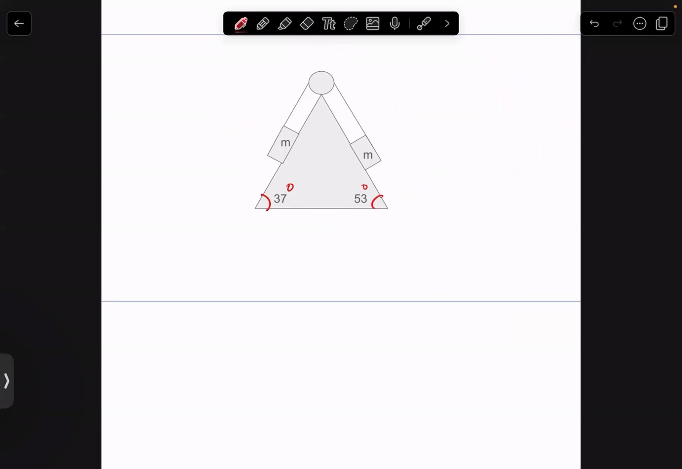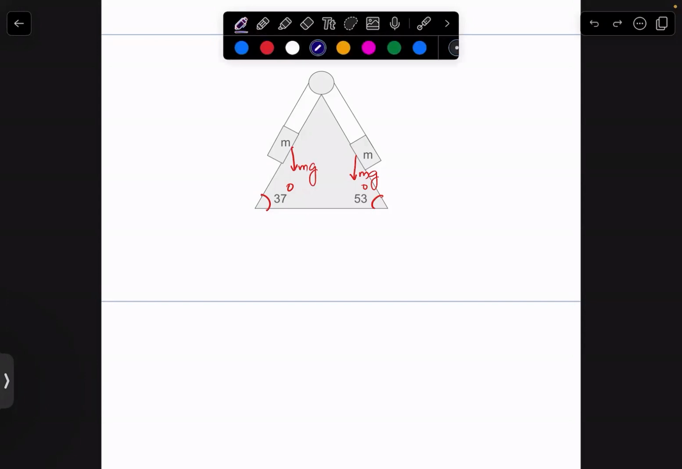So we know that the weight of this block is acting downwards. This is mg, and this is also mg, and this can be resolved into mg sine theta. So here theta equal to 37. So I am writing it over there. And this is mg